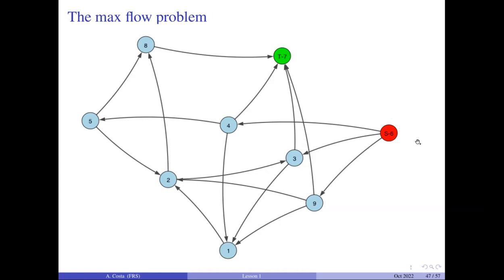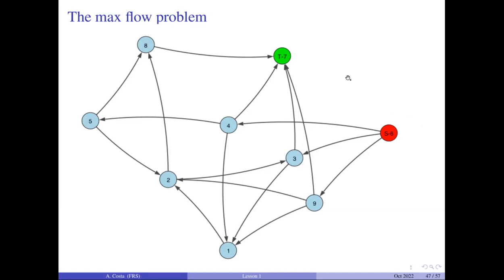So if we want to maximize the total flow, how can we characterize that? Well, it can be the total amount of flow that is flowing out from node 6, or in a similar way, the total amount of flow that is entering the node 7. Because if nothing is created from nowhere, everything that comes in will be reaching the terminal.